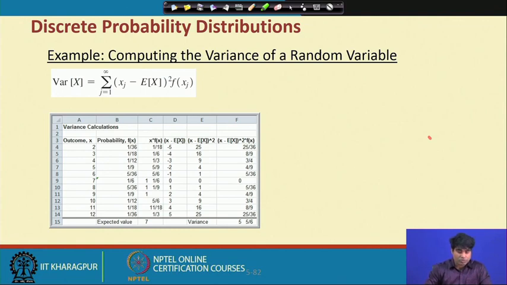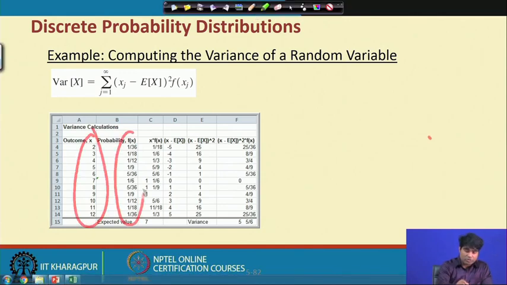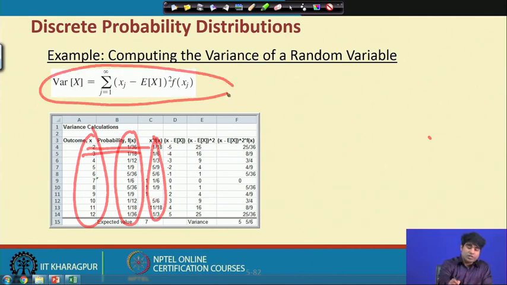And what I have already mentioned, you can calculate the variance of this particular series. In the example you have cited, this is x occurrence and these are all the corresponding probabilities. You just have to multiply, then you will get x times f(x). This will give you the mean of the x series. If you sum all together, you will get the concept called expected value of x, and the difference is the standard variance formula which we have already discussed earlier. The only thing is you have to connect it with this probability concept. Then ultimately you will get the variance.